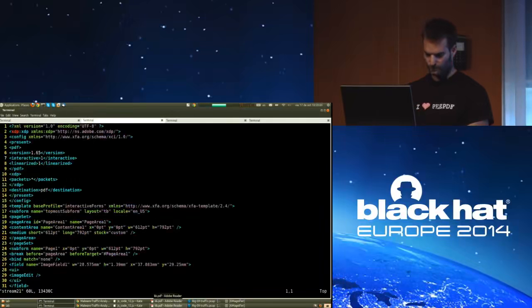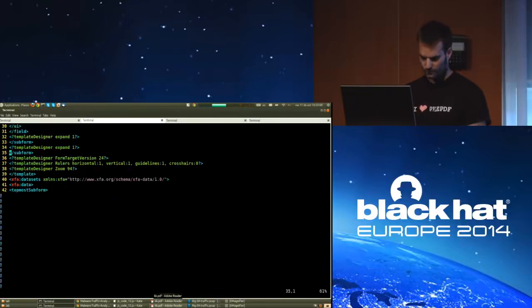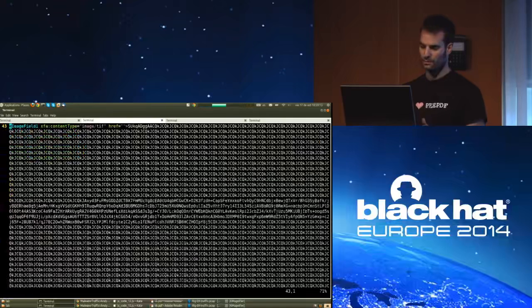It's a bit slow, but you can see here that it's an image, a TIFF image, and this is base64